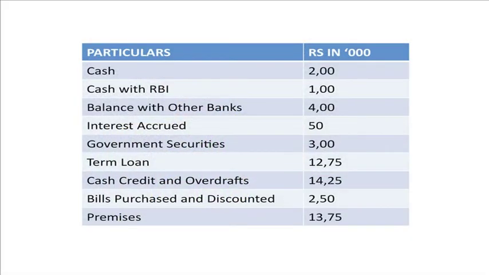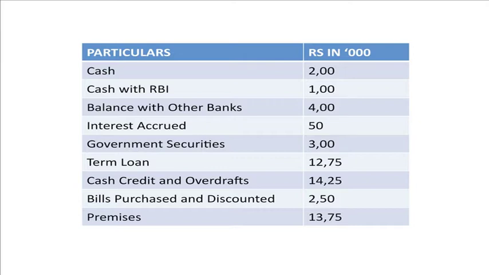On our screen we have a question where the asset side and liability side are given. First of all, we are working on the asset side. The particulars are given in column 1 and rupees in thousands in column 2. The first one is cash, rupees 2 lakh. We have presented here 200 as the particulars and the amount is reflected in thousands. So, cash here is 2 lakh, cash with RBI 1 lakh, balance with other banks 4 lakh, interest accrued 50,